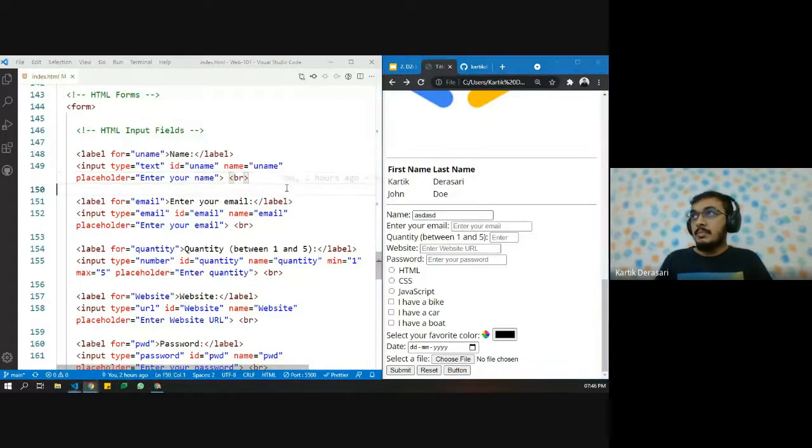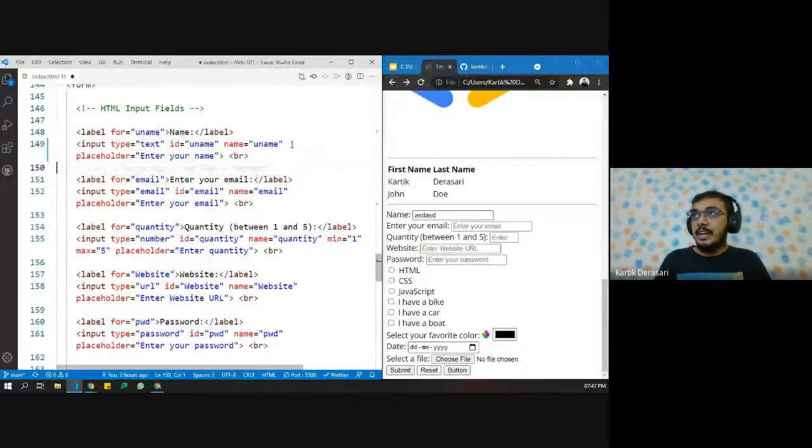And then we have name. The name attribute is necessary for sending all the data to the backend. For now, we are not doing that, but this is a standard practice, and this is how it needs to be done. Also, this is an inline element, and that is why we are using the BR tag. I'm sure now you are going to be an expert in defining which is an inline tag and which is a block level element.